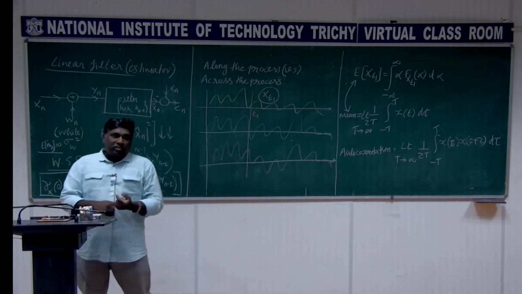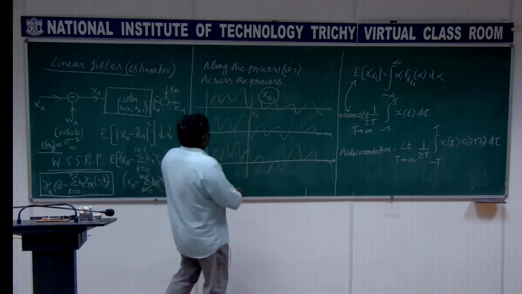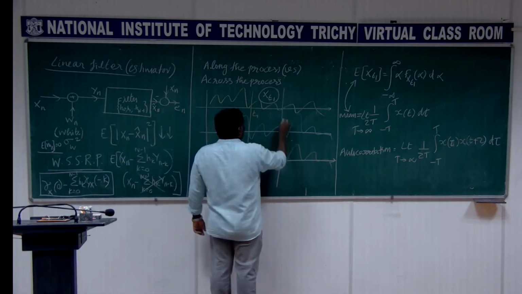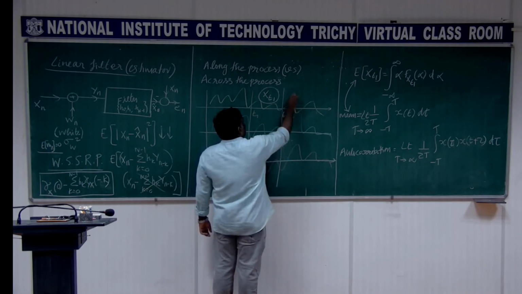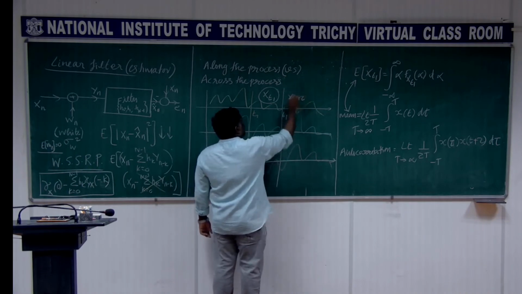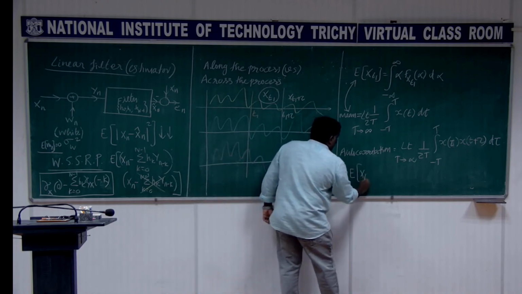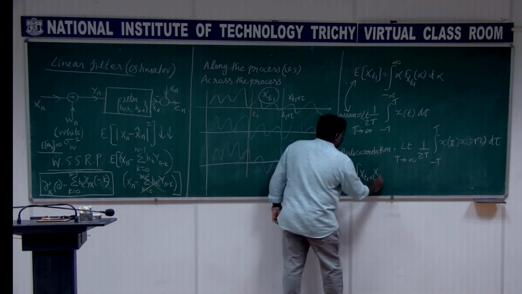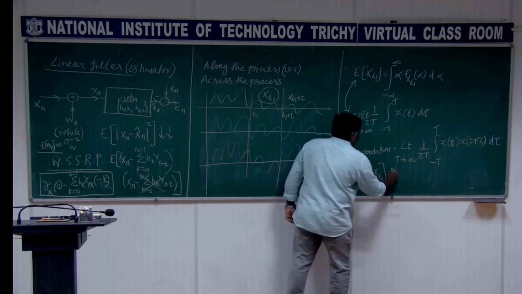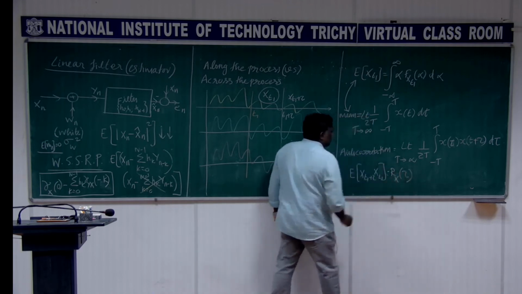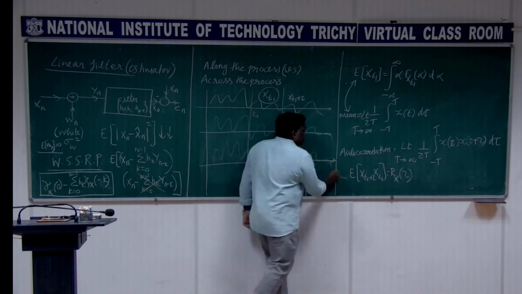For example, I'll take one more tap here, which is t1 plus tau, and if I find this autocorrelation across the process, this is the proper way. So this is the autocorrelation what we compute, R_x(tau). And if these two are equal,